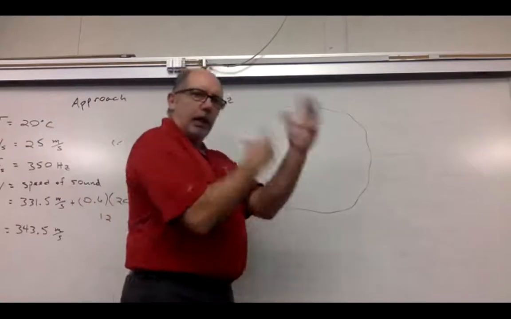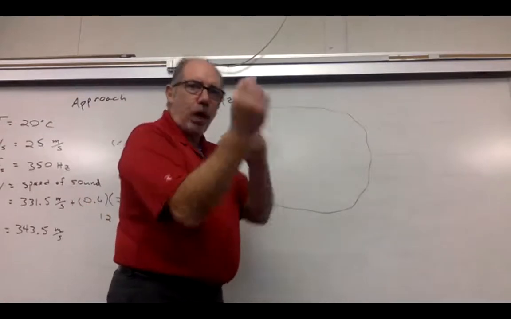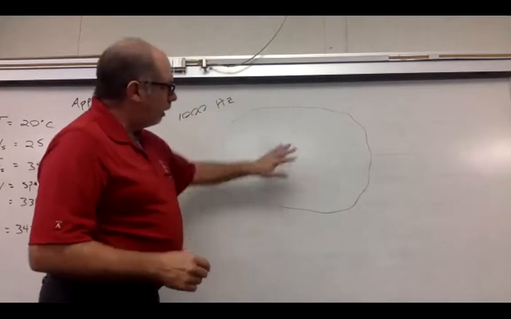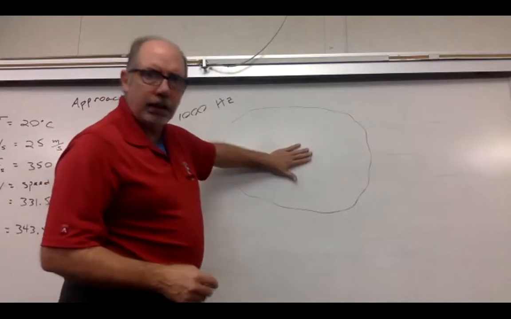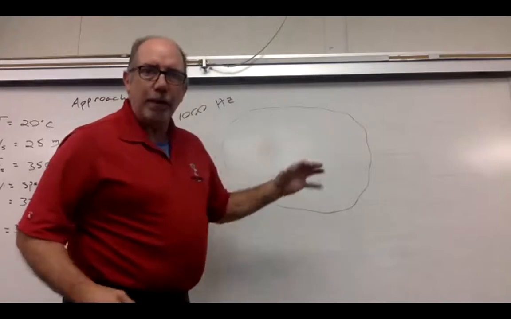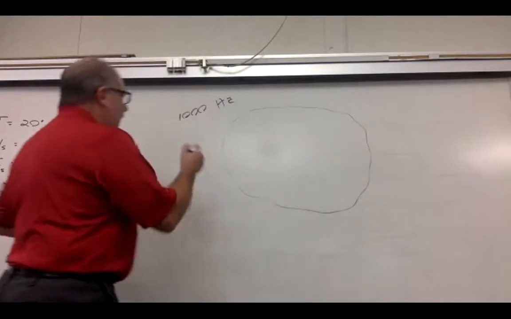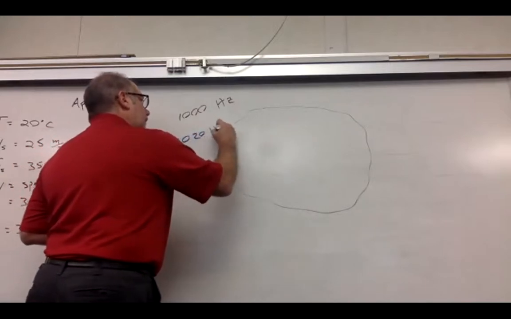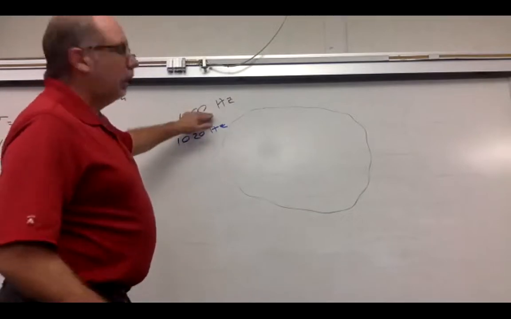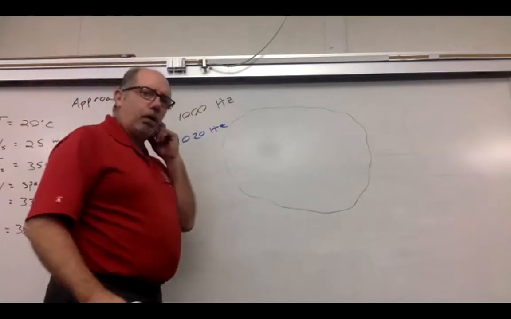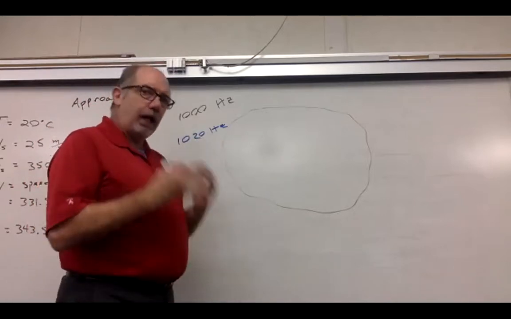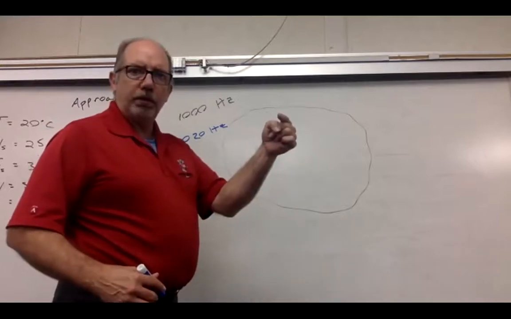Now, inside the storm cloud, there's wind going everywhere, and there's rain. So there's water droplets being blown around. Well, this radar signal bounces off of water droplets in the cloud. Okay, and so they receive the signal back from different parts of the cloud. And if it comes back and the signal is 1,020 hertz, higher than what they sent out, then they know that particular raindrop and the wind that was carrying that raindrop was coming towards the observer.